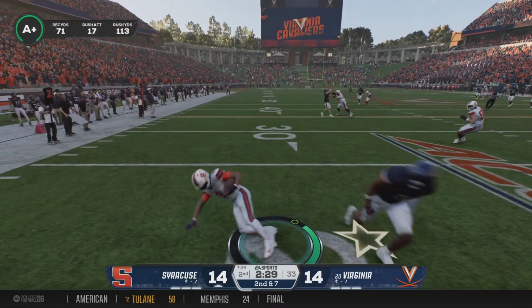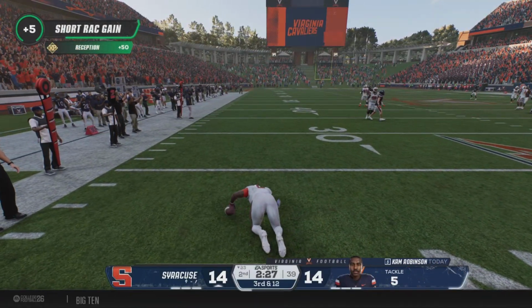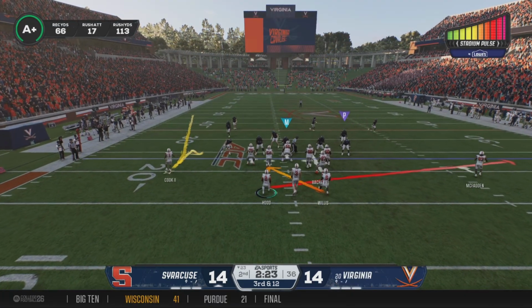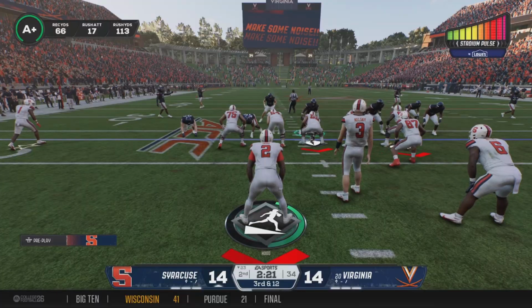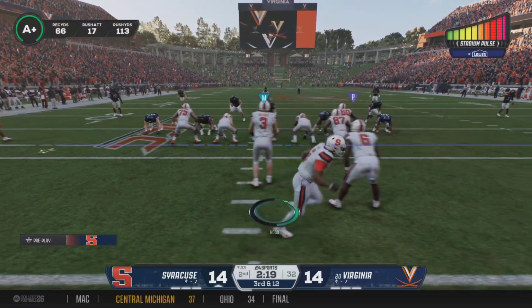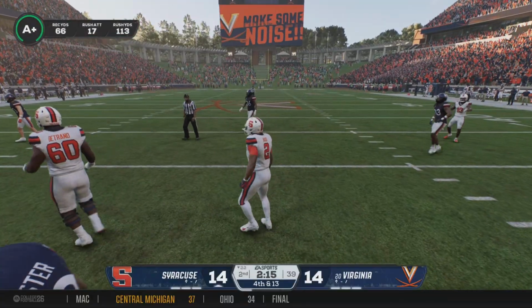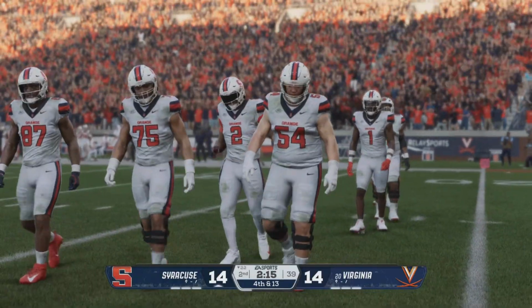Using the back as a receiver on the screen. No siree, not this time. The defense was there and ready for that one. The Orange trying to come up with an explosive play to convert this 3rd down. They stop him again, and not only that, they've made...